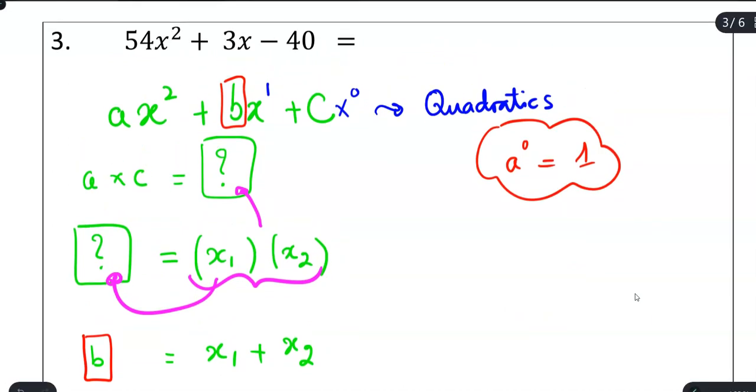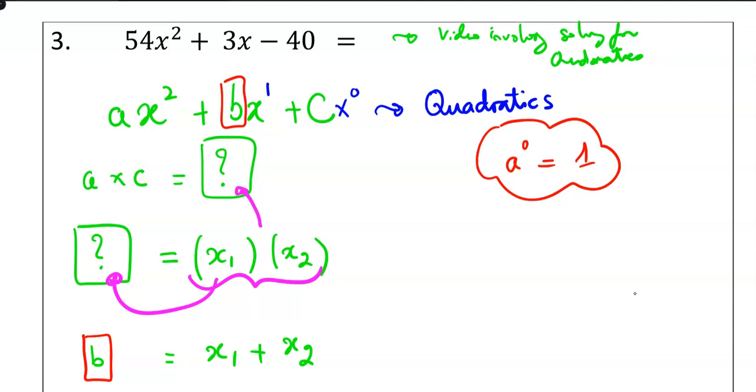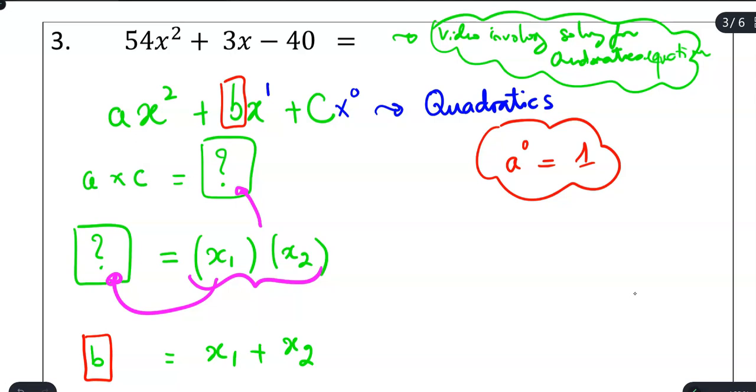What I'm going to do is I will do another video. I will make a note to remind myself here to do another video involving solving for quadratics, using the quadratic formula, and then from the quadratic formula, you can pull out your factors. So using the quadratic formula, solving the quadratic equation, assuming that I let this expression equal 0. So I will make a note here that I will do another video like this,